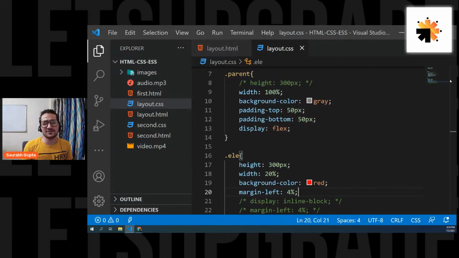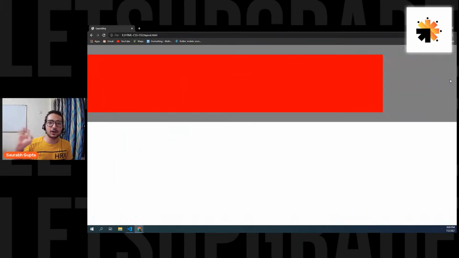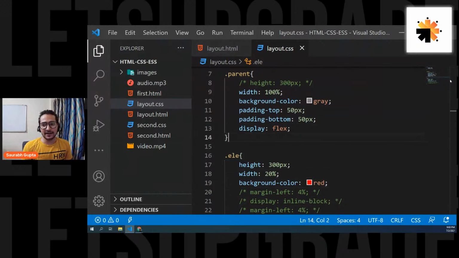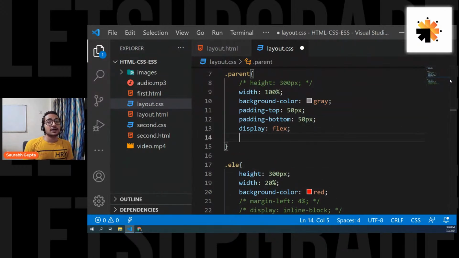But when you're using flex boxes, there is something else that you can use to give spaces instead of margin left. See, you can use this. Again, normal, back to normal. I'm not using margin left, back to normal. Now, you can go in the parent. Okay. Now remember, guys,